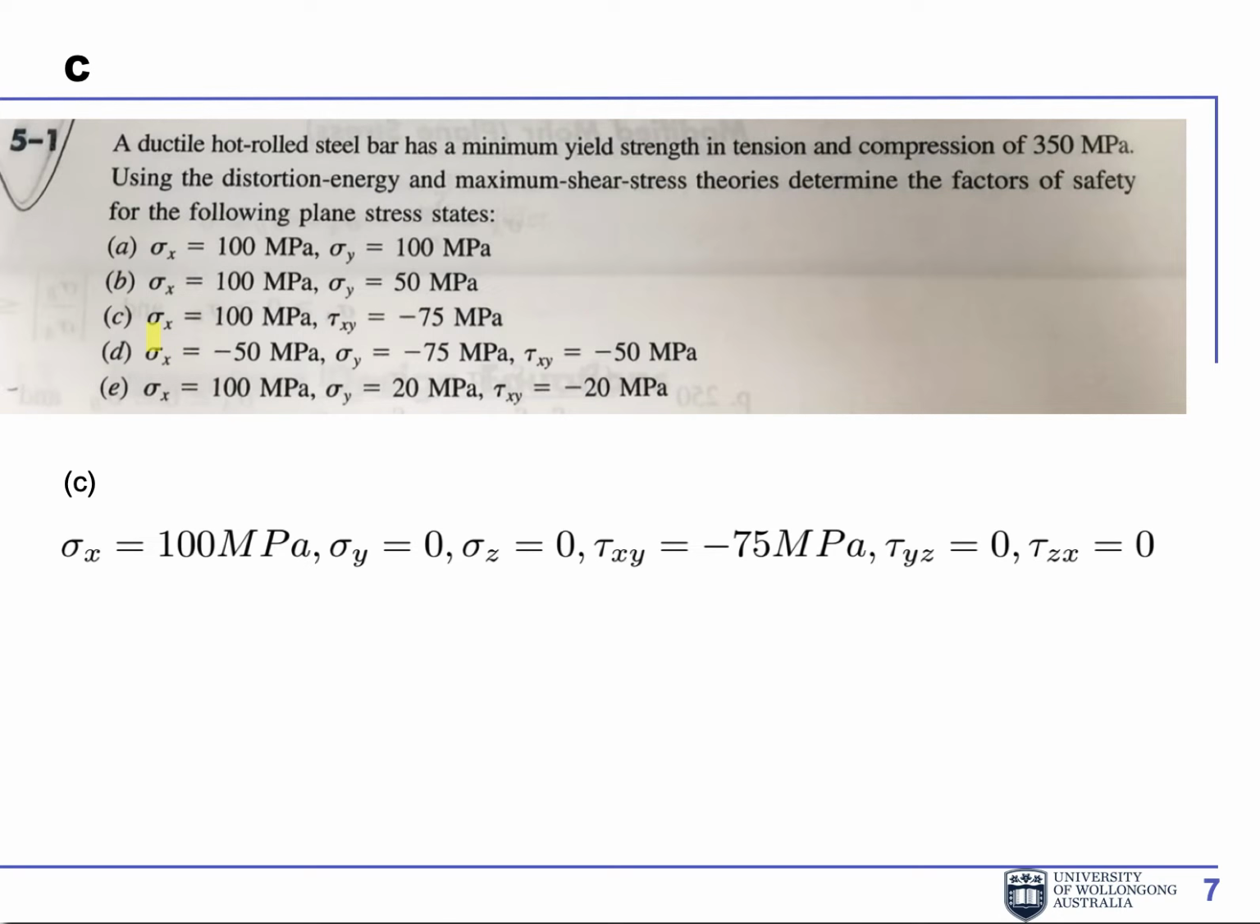Question 3. You've got sigma x is 100 and tau xy is negative 75. So what does this tell us? Sigma y is 0, and certainly sigma z, everything with z, is all 0. So you've got sigma x is 100, y is 0, and tau is negative 75. Again, we go to the formula table